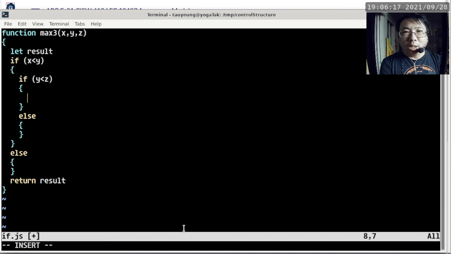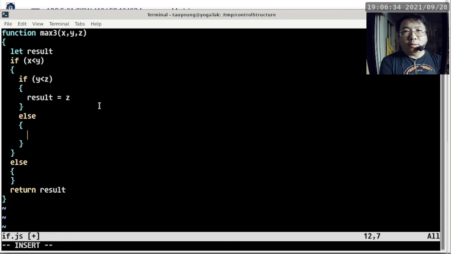Okay. In this case, it is nested, which means if I ever get to this point where the cursor is, it means x is less than y and y is less than z. So that means z has to be the maximum. So now we can say result equals z. And if we get to the else case here, that means x is less than y, but y is not less than z. If y is not less than z, y can be greater than or equal to z. But if y and z are both greater than x, I can pick either one of those as the maximum. But since y can also be greater than z, I should probably just use y as the result here. And then over here,